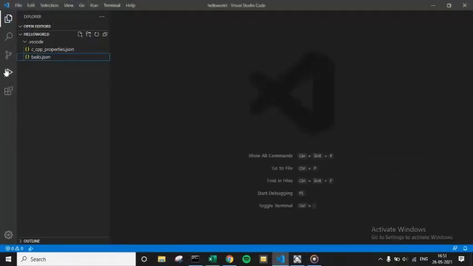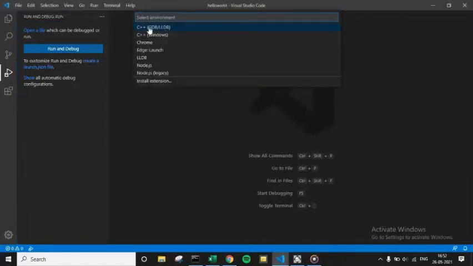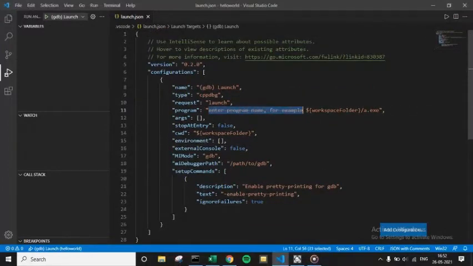yes guys, so one more thing we have to do is to configure our debug settings. So go to the fourth option here, and you will get something like this, and you will see here create a launch.json file. Click on that, and you will see many options, and click on C++ (GDB/LLDB). And the thing we have to change here is, clear this one in the program bar, and here you have to type the name of your executable, the one you gave in the tasks.json. So I'm gonna type here hello world.